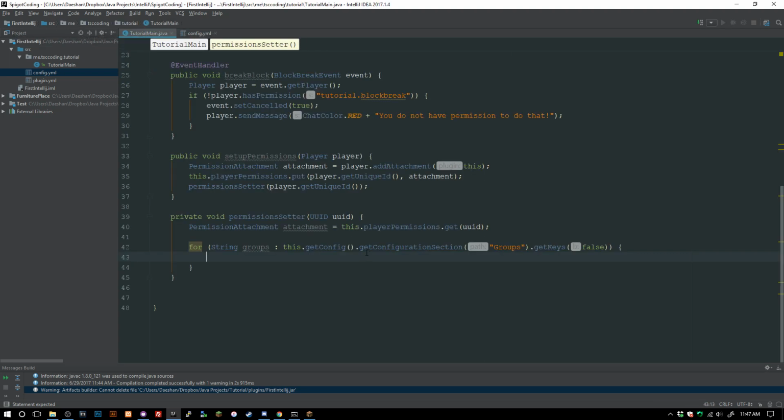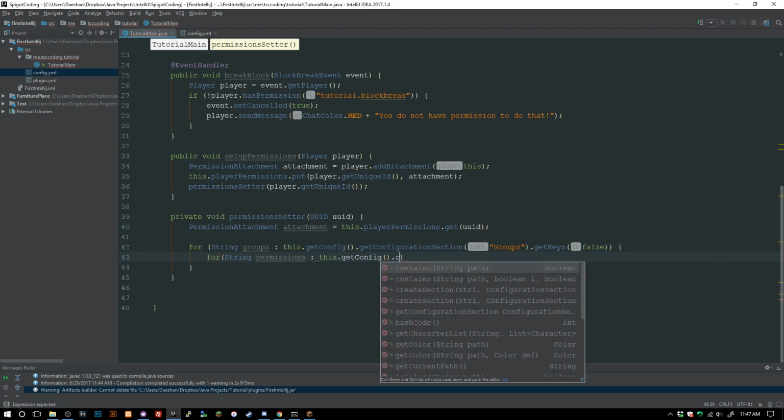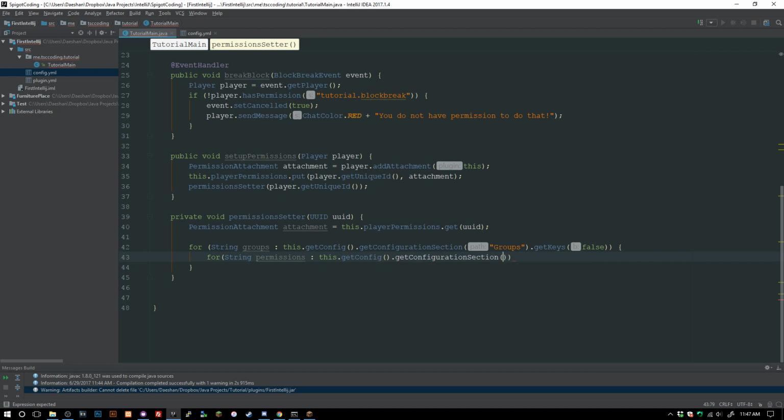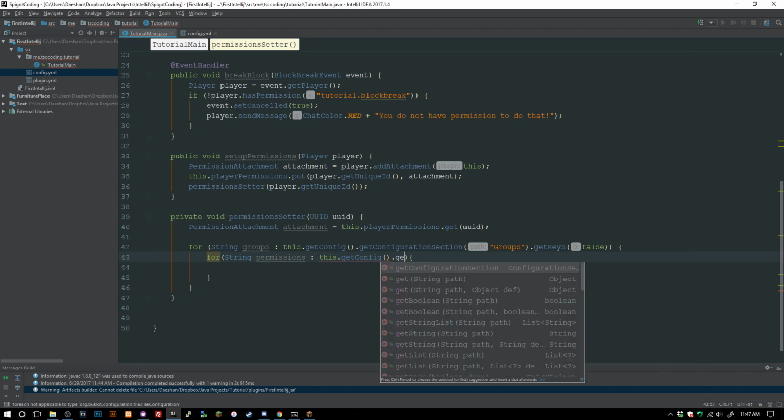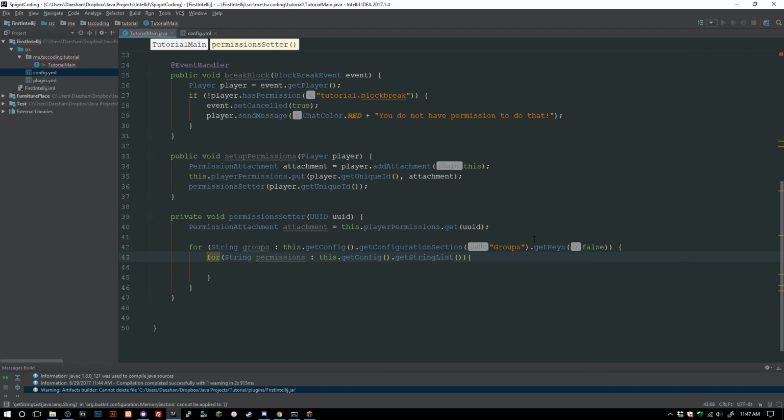Then we want to loop through all of the permissions for each one of those groups. We're going to say for string permissions, and this is going to be another config section. Or sorry, not a configuration section. This one is going to be a string list. So get string list, and it's going to be groups dot